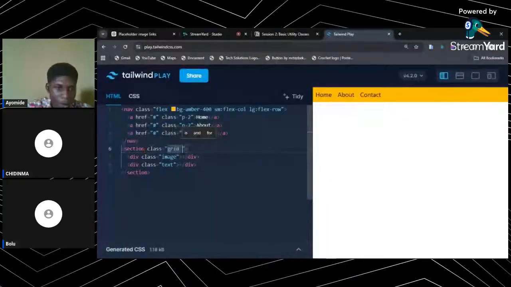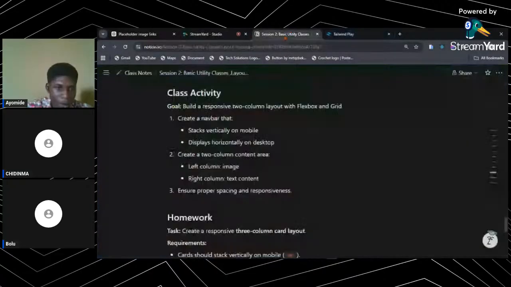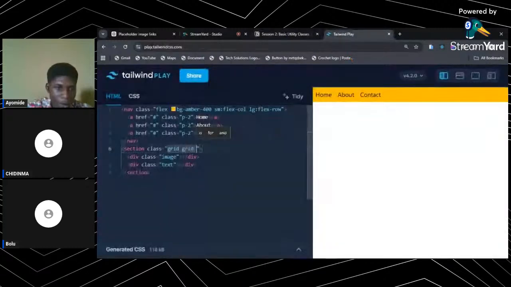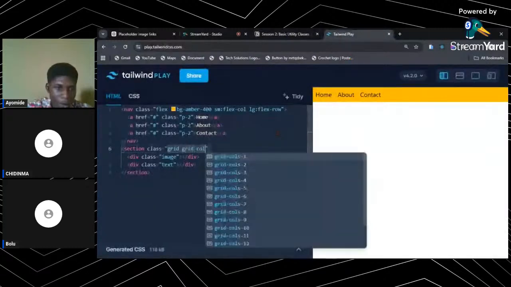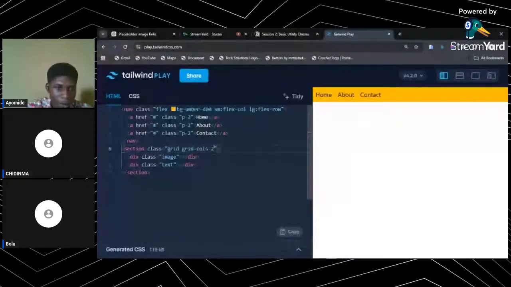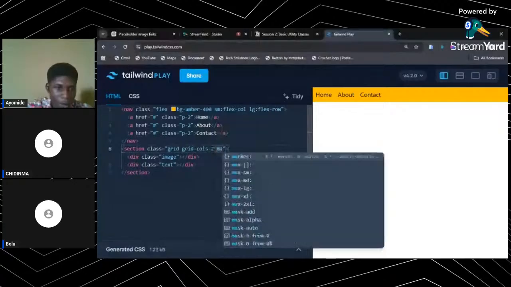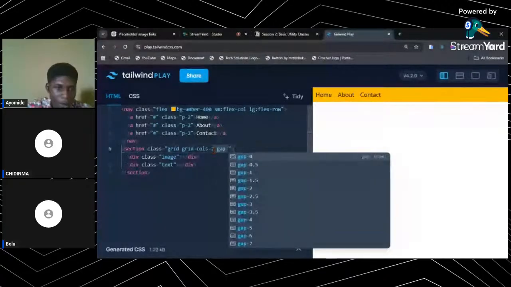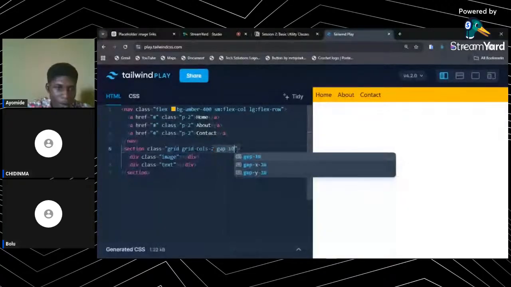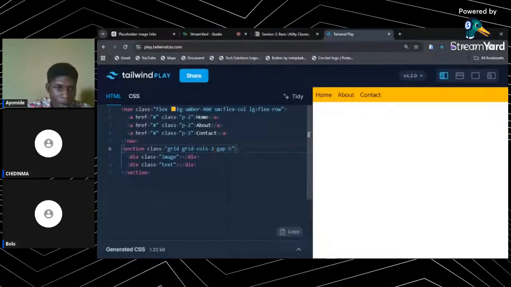Since we say two column content area, we're going to do grid cols two. So we say grid cols two, and you can always also put a gap between them. And inside the first one, say